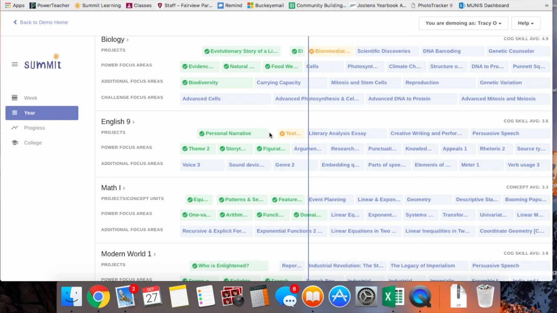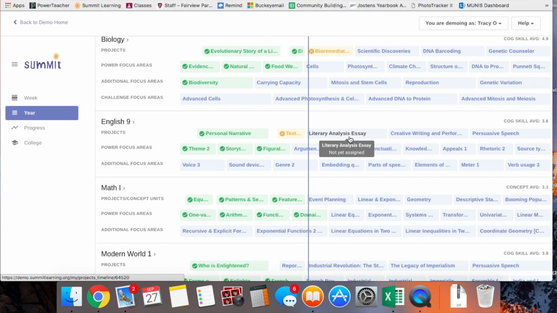If you see a yellow outline, kind of like what you see here, this too means that a checkpoint within the project has received yellow feedback. Yellow means check your feedback. It means your teacher has written something in there that you need to take a look at and need to improve on in the next checkpoint. Again, the white outline just means that you have not started this project. It doesn't need your attention immediately.